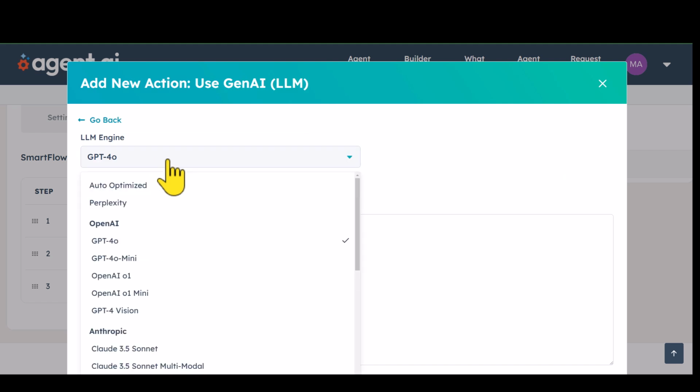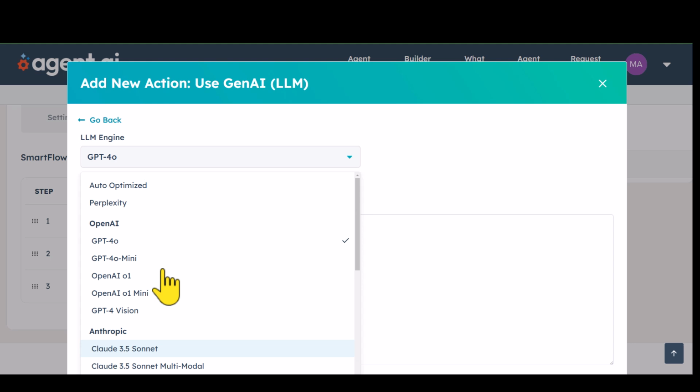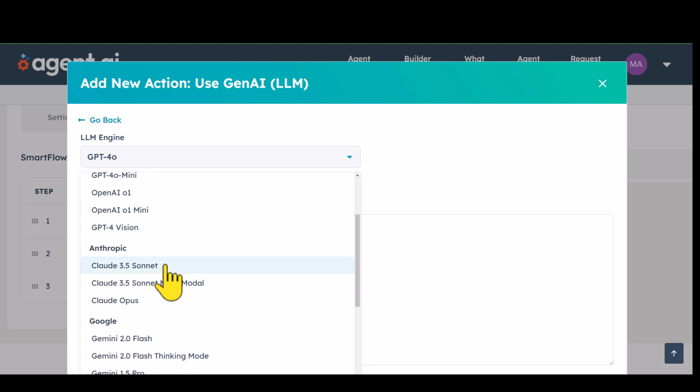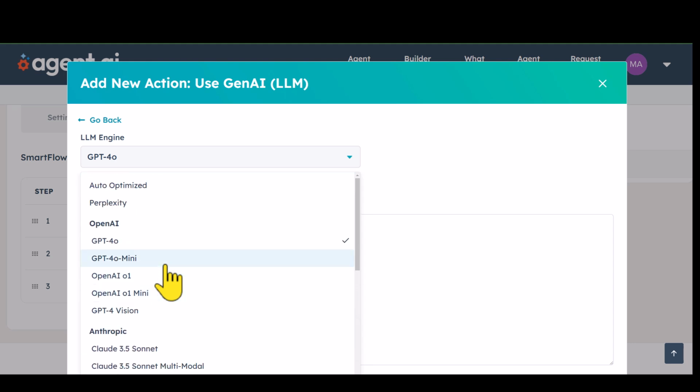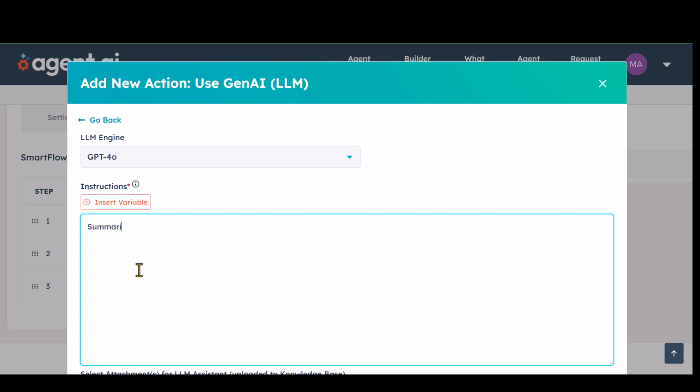And they have already incorporated a lot of LLM models available there. So you can use whatever you want. And obviously you can also say auto optimize. That means the agent will just decide which one is the best to use depending on the situation. In this case, I will just stick to the GPT-4o and I will say summarize